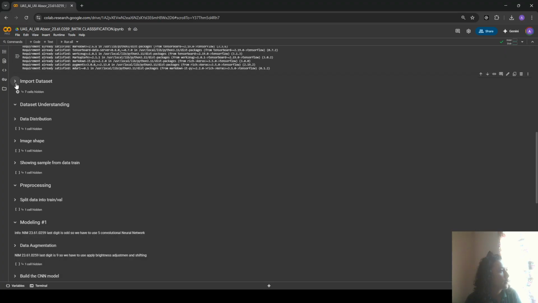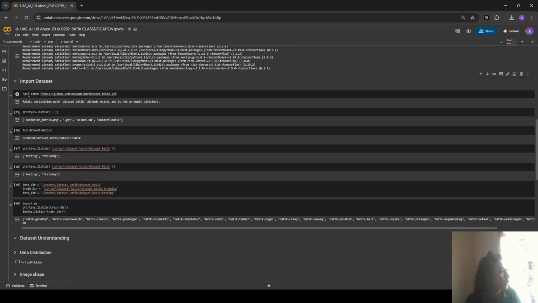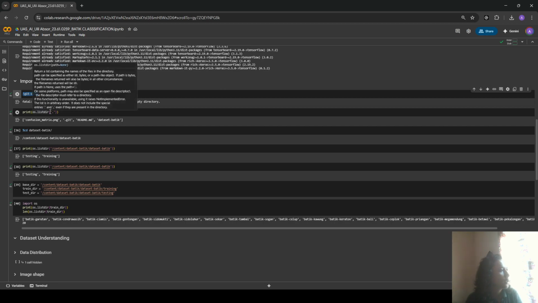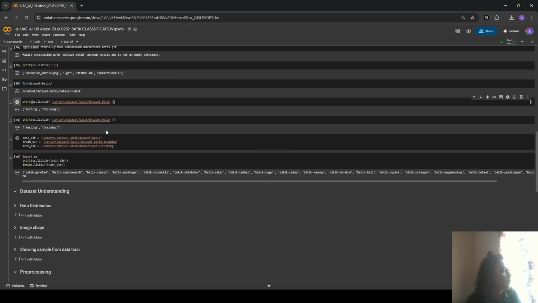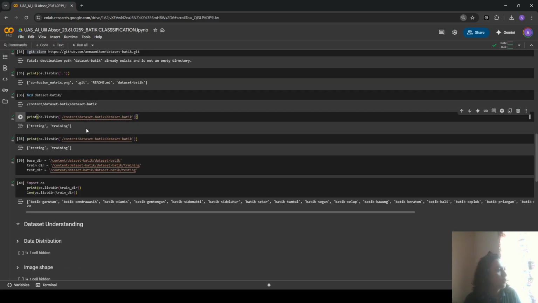Okay, and next, first I clone the dataset from GitHub, and next I check the inside of the file that I cloned from it, and then I check the classes or the divided dataset, the divided files from it, which are testing and training.